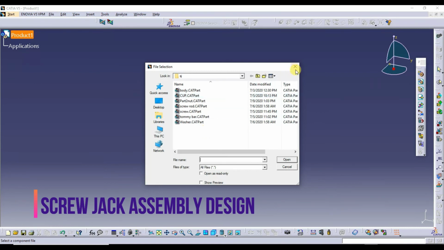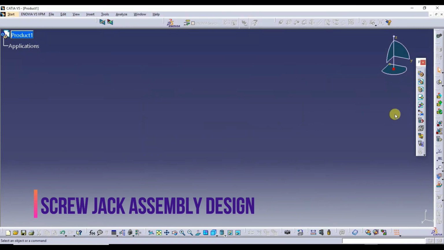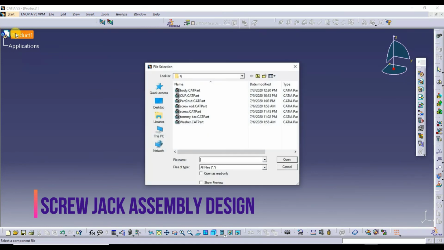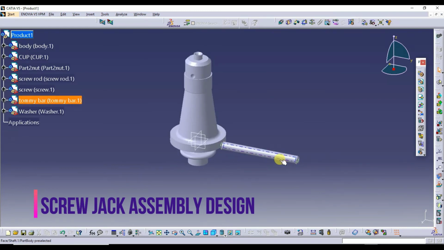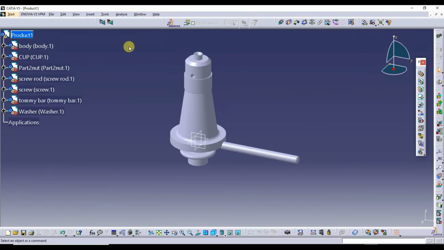Then you select. Here how to select this one, I'll tell you once again. Click on the existing component. Next, after clicking on this, click on the product. You double click on the product, then these are the various parts. Just I will select all the parts. So these are the various parts of the screw jack. Some parts of the screw jack are merged.